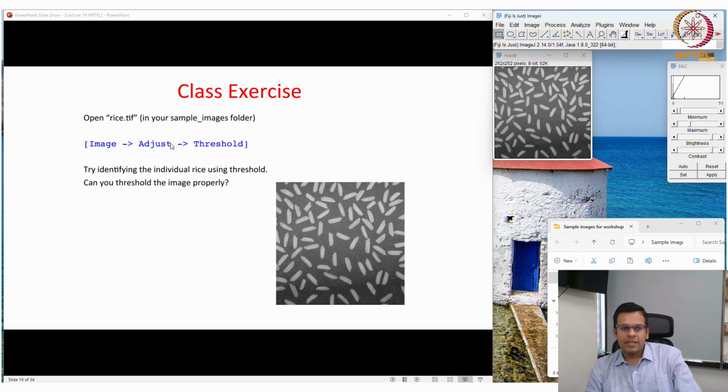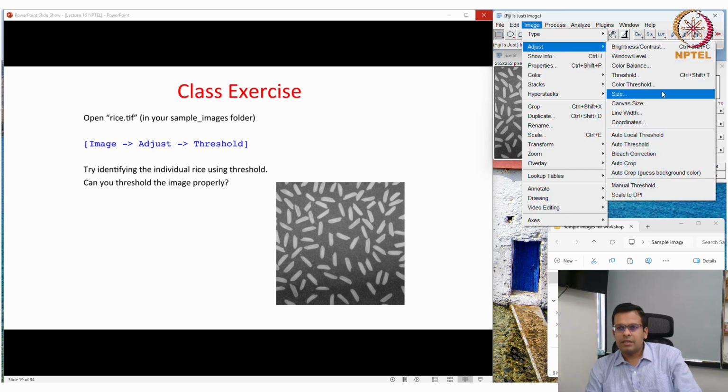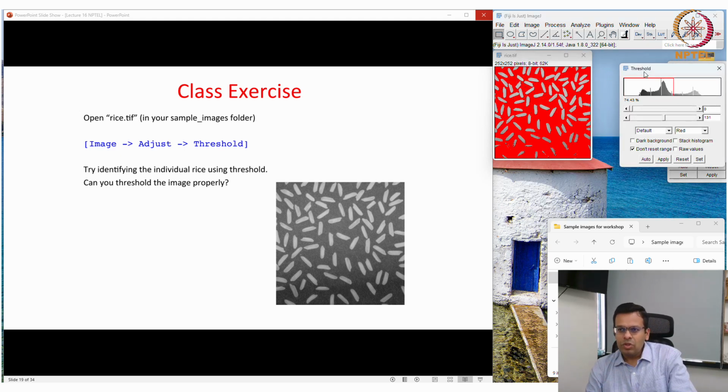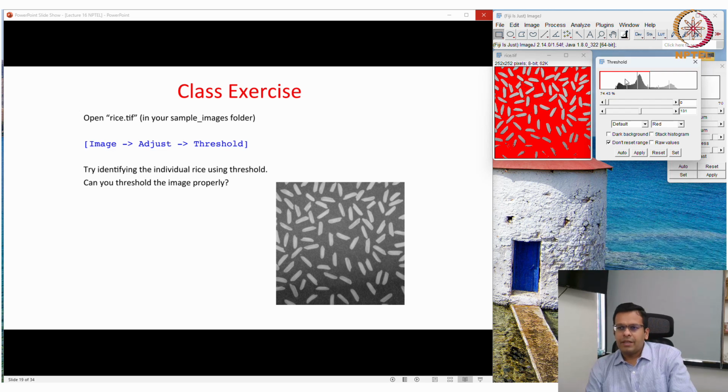So go to Image, Adjust, and Threshold. Okay, Image, Adjust, Threshold. So here is that function. It will open this window, and here you can see...